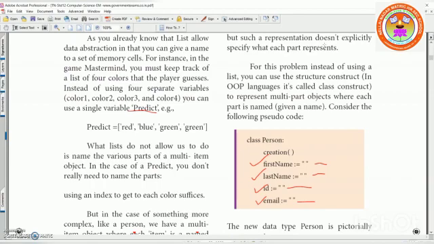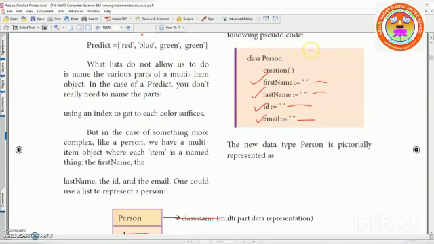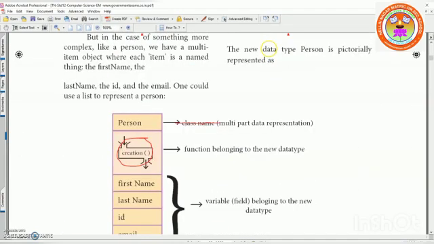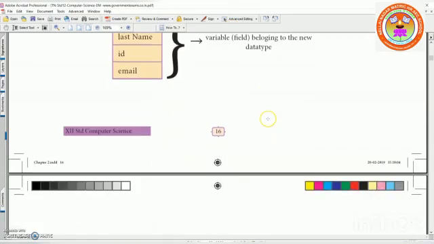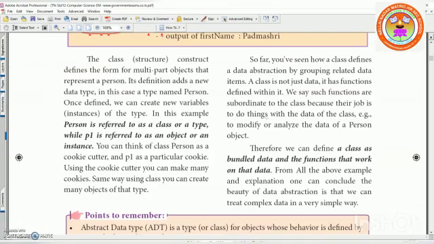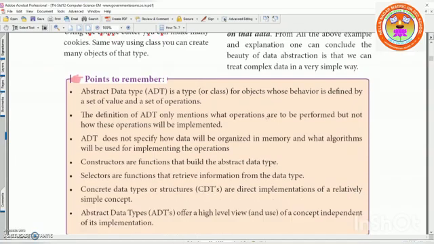C uses structure and C++ uses class. Why? Because in a structure, all the data which you store inside are public. But in C++, when you use a class, all the data stored inside are private. Now you understood, everyone? So that completes the chapter.